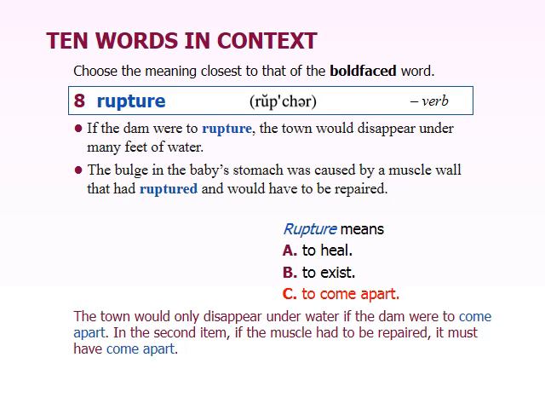For example, if you took a balloon and you just kept on filling it with water, eventually it would rupture, meaning it would break apart because of the force of the water in it, fills it to a point where it's going to break. In the second example, it's saying that in the person's stomach, there was a bulge, meaning something pushing out from the stomach into the walls of the abdomen, and because of this pressure, it burst through.